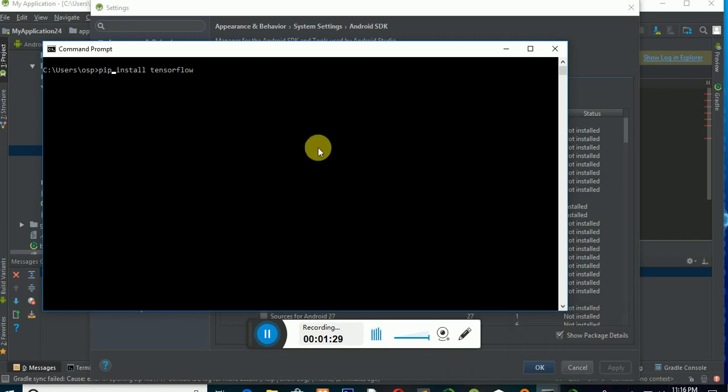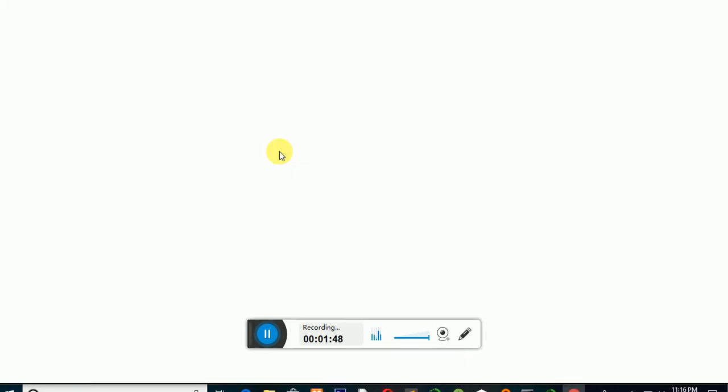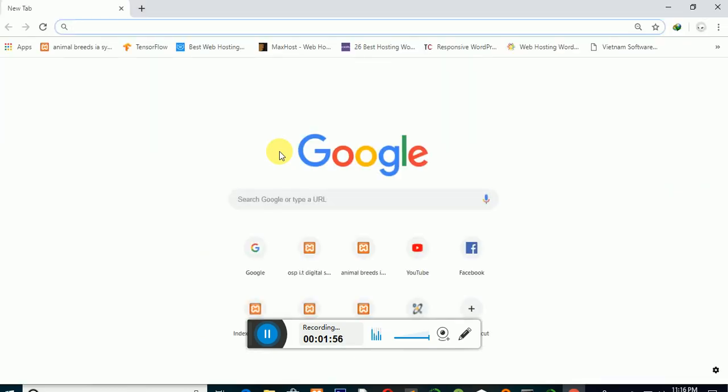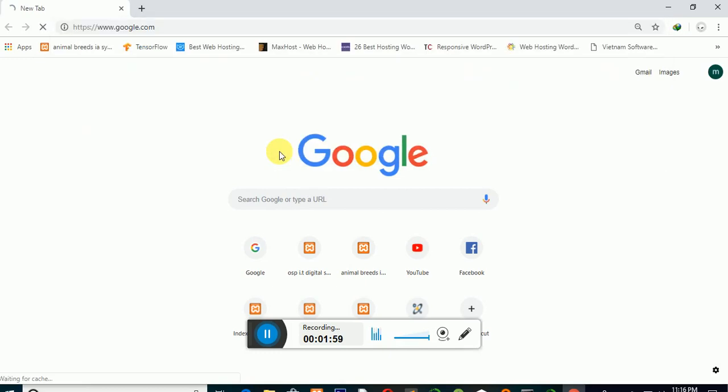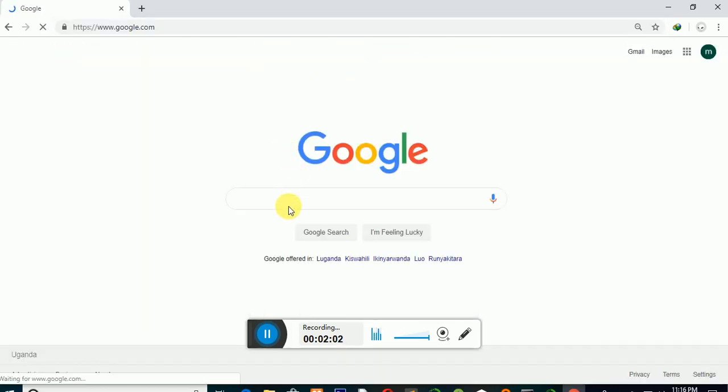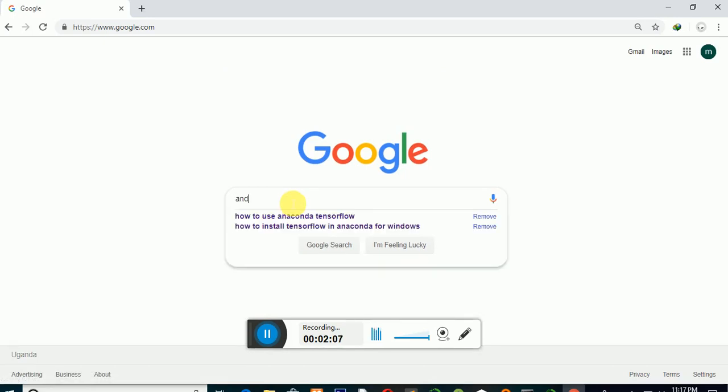If you don't have Anaconda installed, start Chrome and install it first, because Anaconda gives us all the privileges we need to come up with a good TensorFlow setup, with all the modules and the environment needed for development. So just search for Anaconda